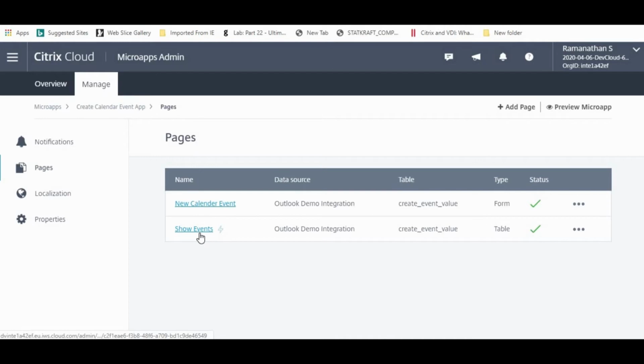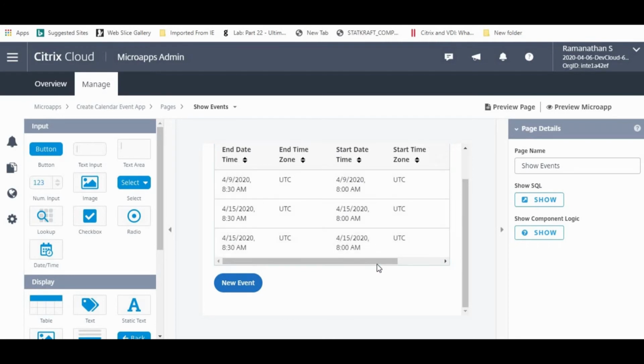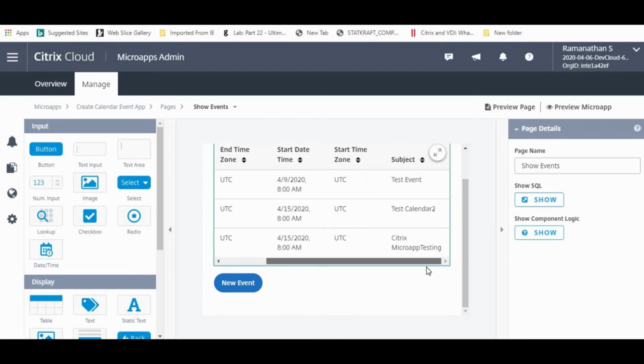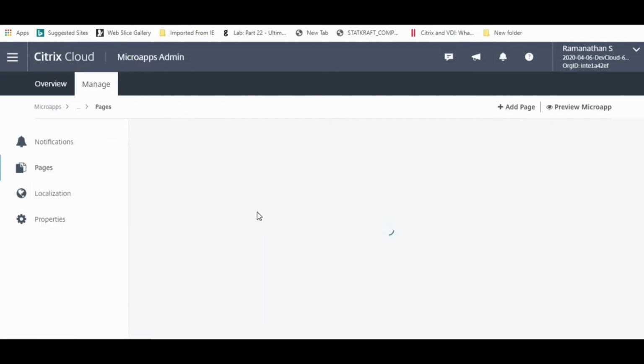And then the second thing is to create events. The create events page will go and update the events that we are trying to post. We are trying to send the events to the participants who need to be invited. So these are the two pages that we have created. If you go to show events, then we are taking the events from the calendar. For example, this is the information that we are pulling from the calendar. So there are two things that we are trying to establish in this demo.